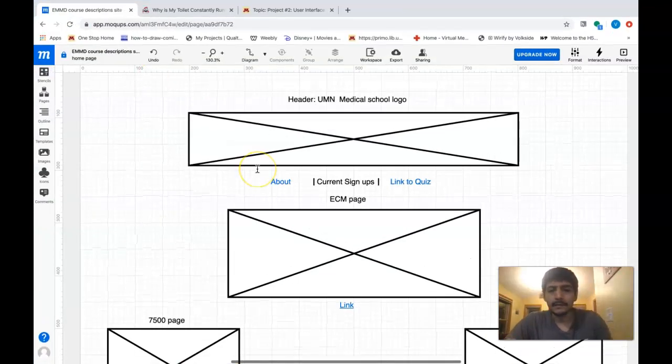Okay, good evening. I would like to share with you the wireframes that I created for the website that I plan to design for our final project. The purpose of this website is to create a site that has all of the course descriptions for my department